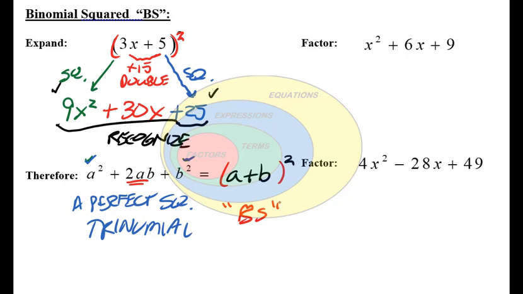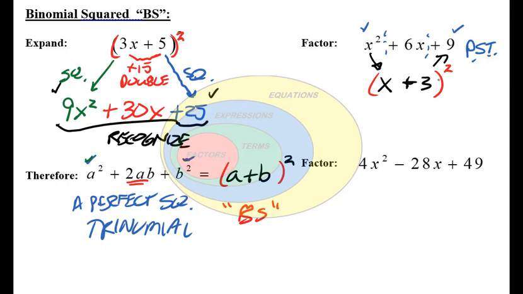So let's try these problems here. Again, it's more recognition than anything. We have 3 terms, so it is a trinomial, and the first term is a perfect square of x squared, and the last term is a perfect square of 9. So we want to try, is this a perfect square trinomial? If it is, then it should factor to a binomial squared. The first term has to be x to get the x squared. The last term has to be the square root of 9. It could be positive or negative 3. So if we just put positive 3,